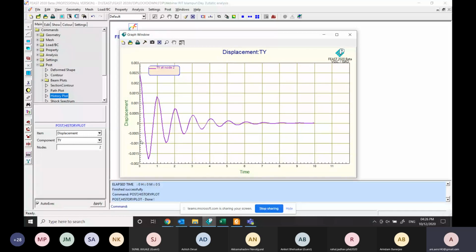Now you can see because of this damping, it has damped and it will come back to the original position after say 8 seconds. So it will start at some initial displacement, whatever initial displacement we have given, it will start with this because initial displacement we have given at 0.0024. And once the string is cut, it will induce vibrations, and then it will have some vibrations, and it will decay with time, and it will decay by 8 seconds.